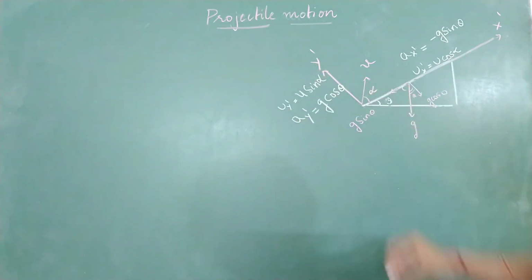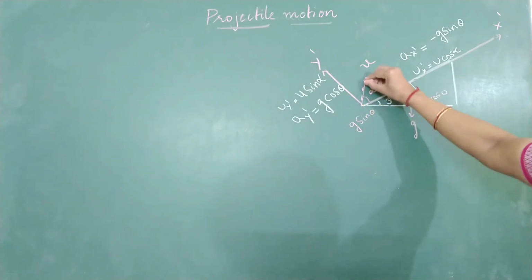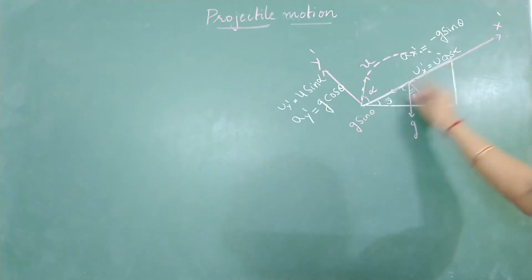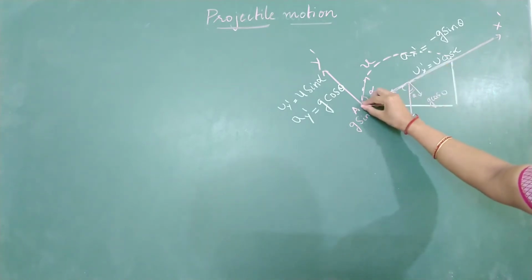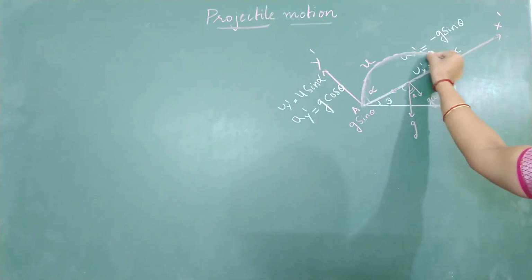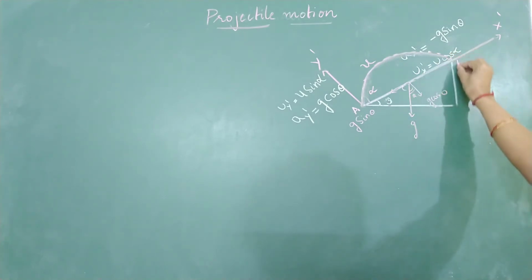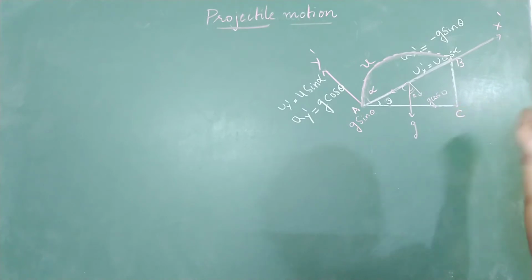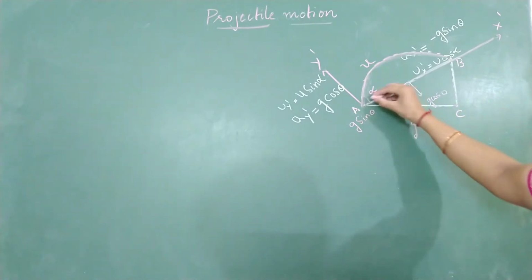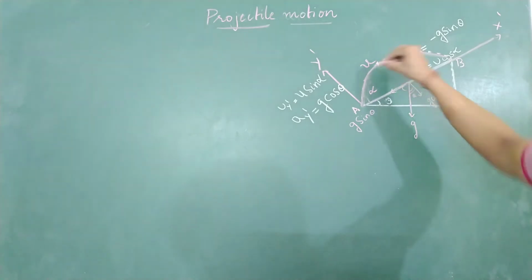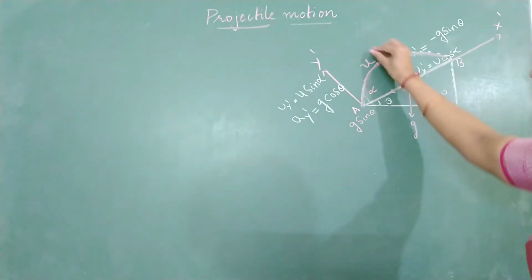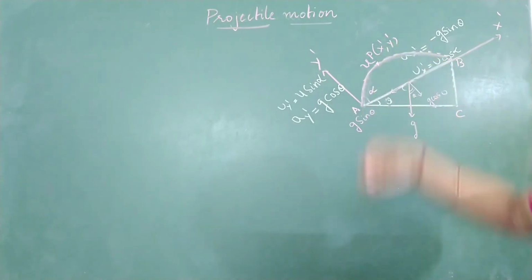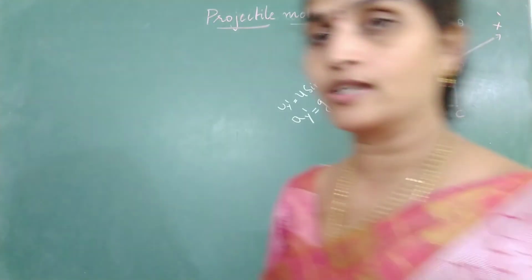Now this particle, whatever you have projected, will take a parabolic path and come and hit the inclined plane. So let us start from A. It is taking this parabolic path, coming and hitting the inclined plane at a point B, and this point which is vertically downward, I will call C. Now after t seconds, if you want to locate its position, I will call this position x dash comma y dash. How to find out the position of the particle after t seconds?